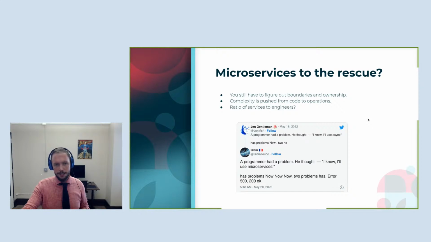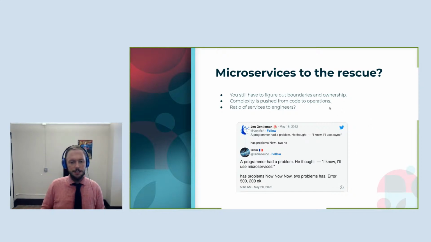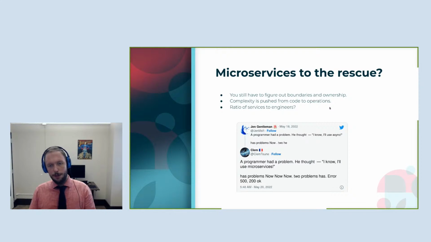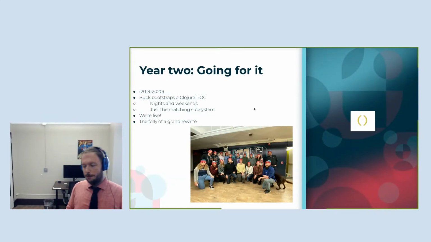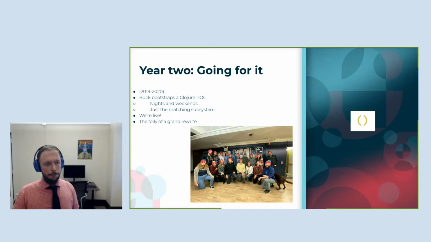So yes, I think essentially what companies do is they go with microservices, as the tweet comically illustrates. That also introduces problems. And so ultimately, I think most companies end up just paying a huge tax here because of the language not handling the complexity for the engineers. Okay, so what happened in Crossbeam's case, though, as I mentioned, we had this sense that Python might not be good for the long haul.